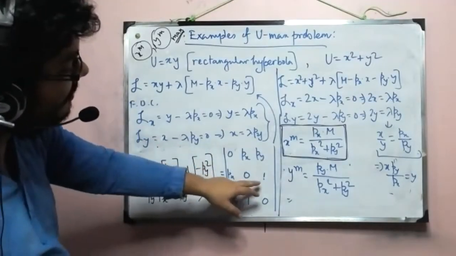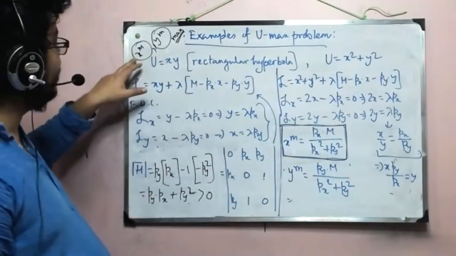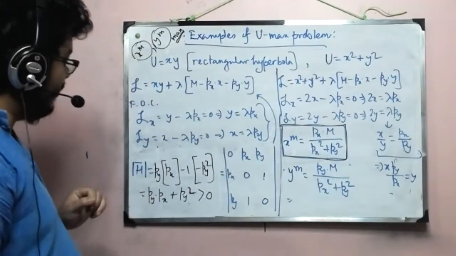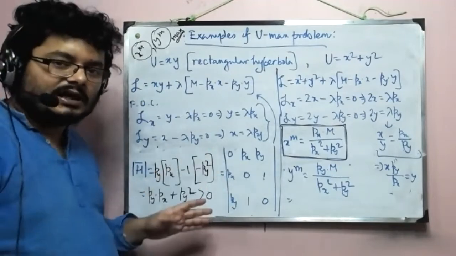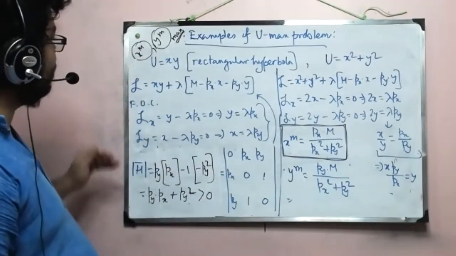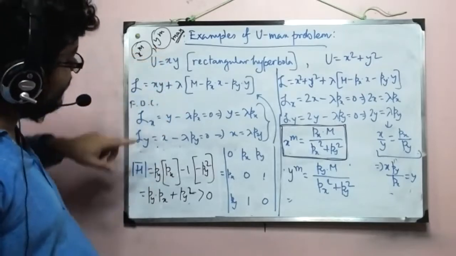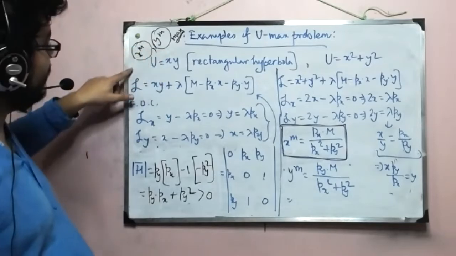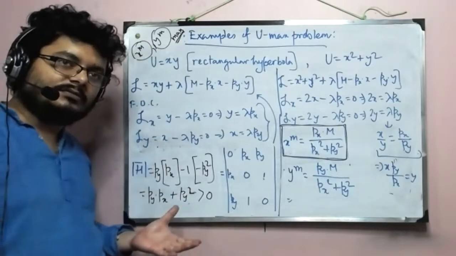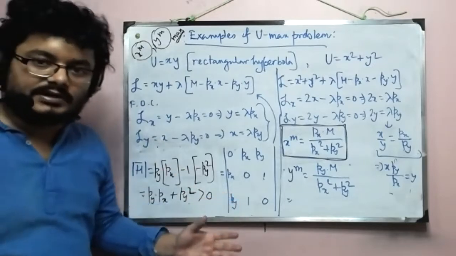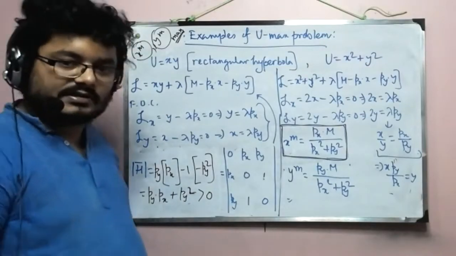If we had x and y here, then we would have to replace those x and y by their critical point values, that is xm and ym. So this is a maximum, and we can say that the x and y values we have got are actually the Marshallian demand functions, because this is a maximum point, right? If the x and y values we had obtained were not maximum, then obviously we would have found something, but that would not be the Marshallian demand function. Because the utility maximization point, the solution, gives us the Marshallian demand.